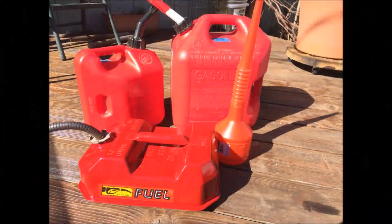Okay, so on to fuels. I'll talk about the first fuel, and that is just regular gasoline, any gasoline that you put in your cars. What we try to do as far as storage is concerned,